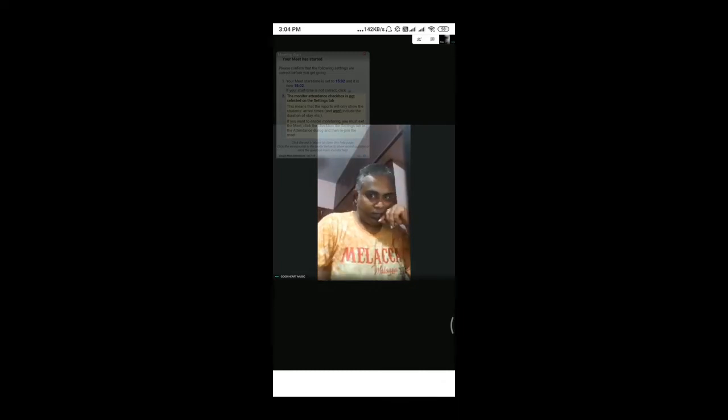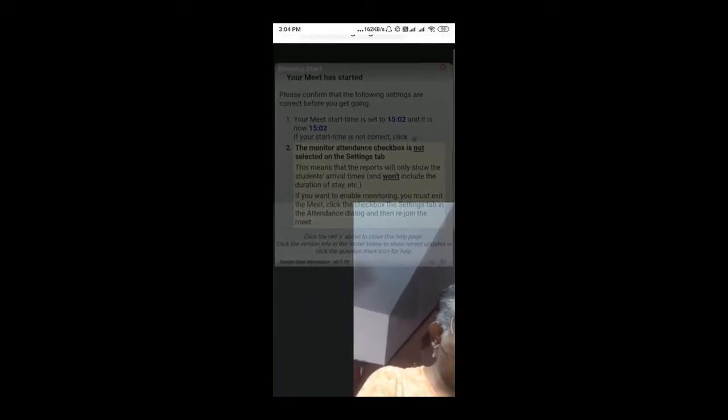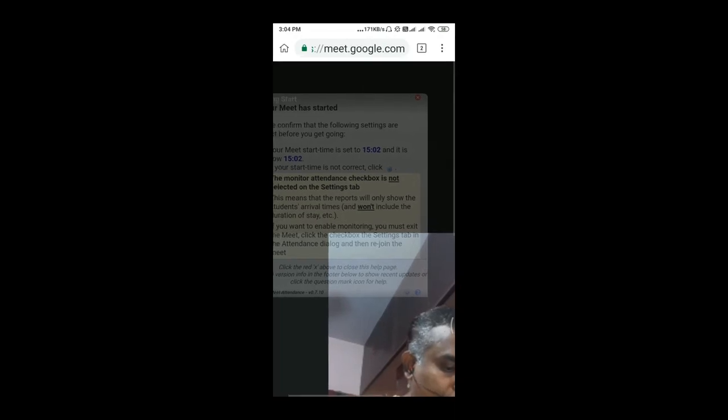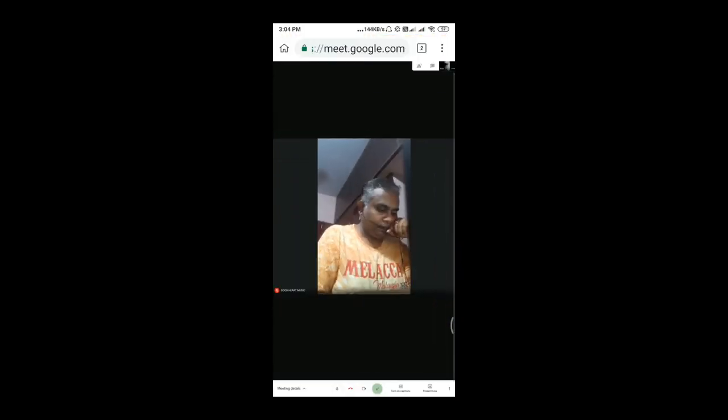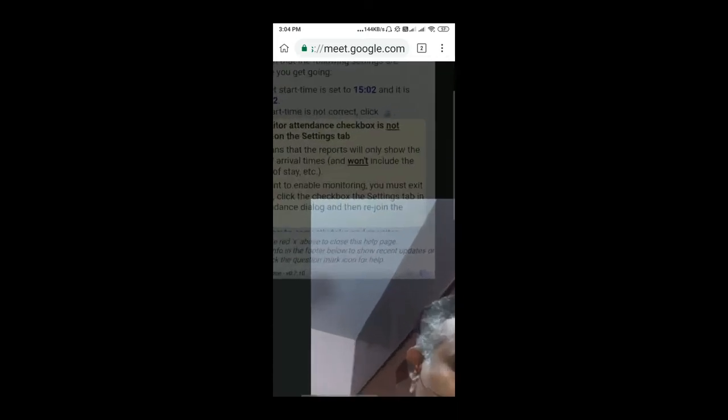Now what I'll do, I will take the attendance. Now you will have this Google Meet attendance icon which you have been using in your desktop, so you don't have to worry. So I will just click this and go to this attendance part. Now you can see I have not cleared the earlier list, but still there are 3 participants.